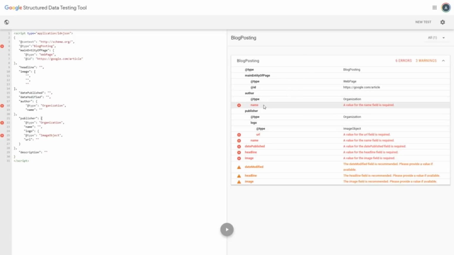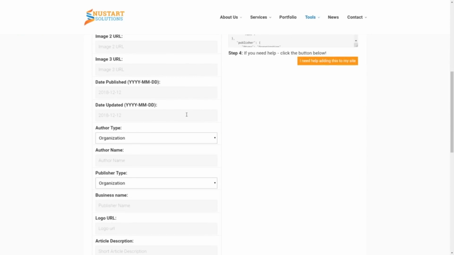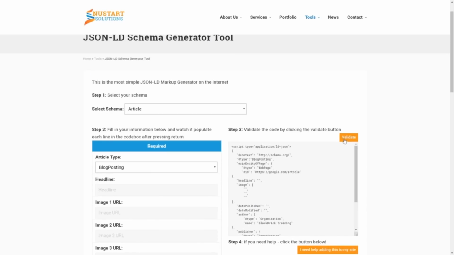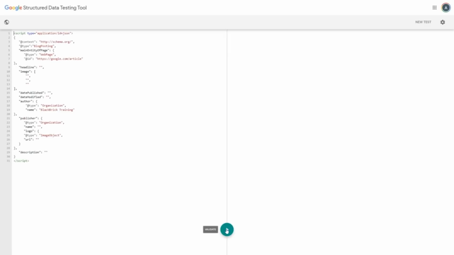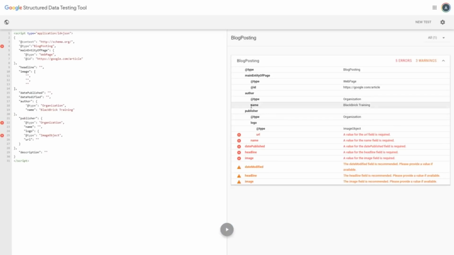To fix that, I'm going to go back to the schema generator tool, as you can see just here, and in the author name section, I'm going to type Black Brick Training. And now I've done that, I will go back to validate again and then click this green button. And as you can see, the name section no longer has an error next to it. So just make sure you have filled in all of the information that it asks you to, and then there'll be no errors on your schema. So once you've done that and there are no errors left, you can copy your code